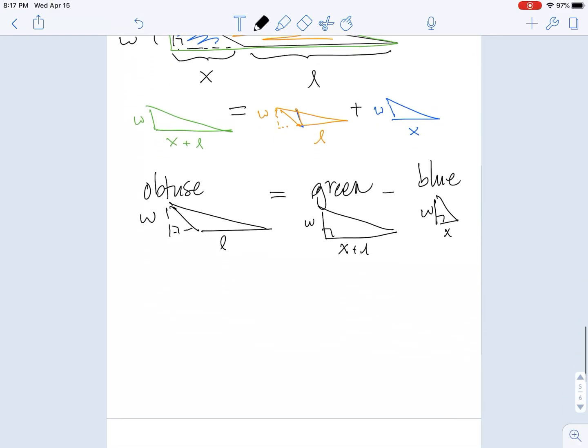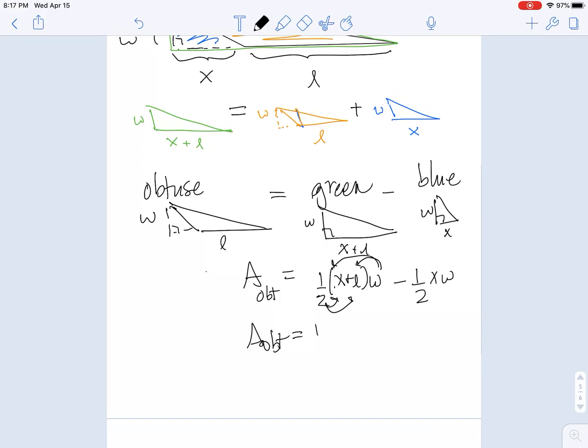And those are 1/2 (x plus L) W minus 1/2 xW. That's the area formulas for those two triangles. And then we have the area of the obtuse. And then we can distribute the 1/2, distribute the W, and we get the area of the obtuse is 1/2 xW plus 1/2 LW minus